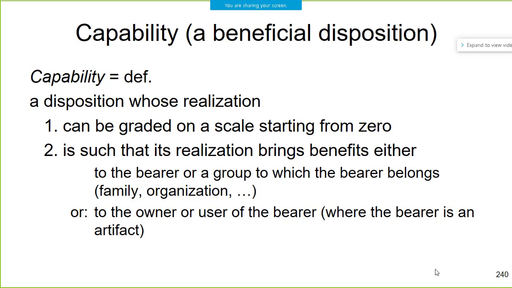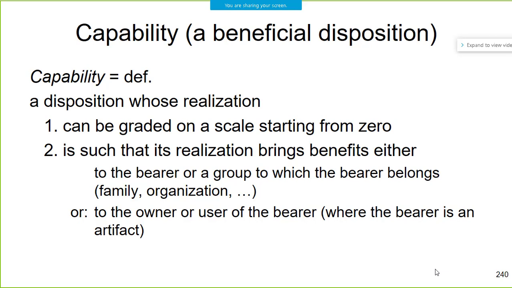So I have the disposition to scratch when I'm speaking. That's not a capability. Why? Because it doesn't bring me any benefit. I have the disposition to say, that's not a capability. There's no way of saying well or less well. So,